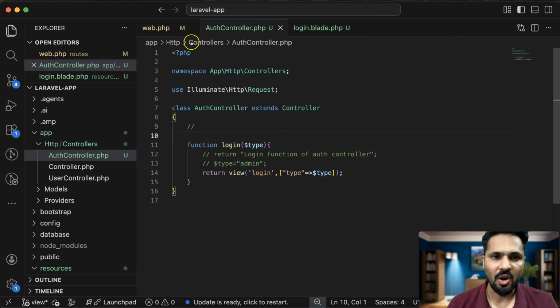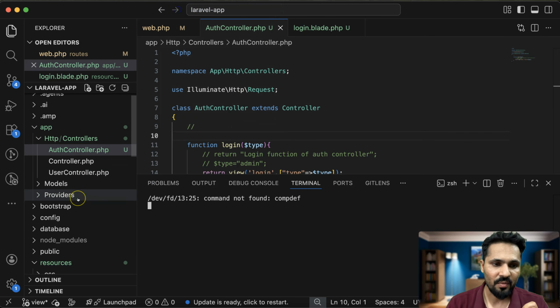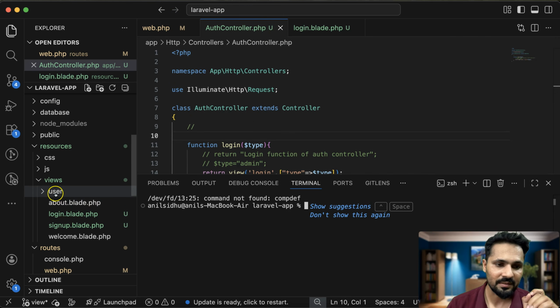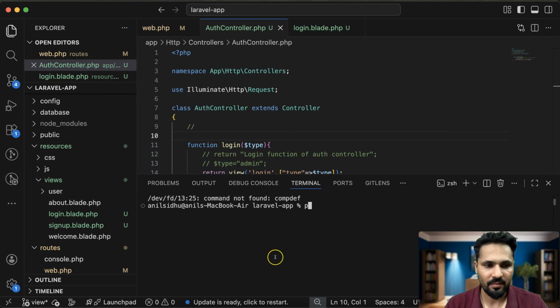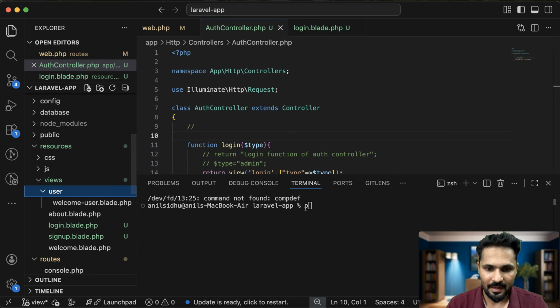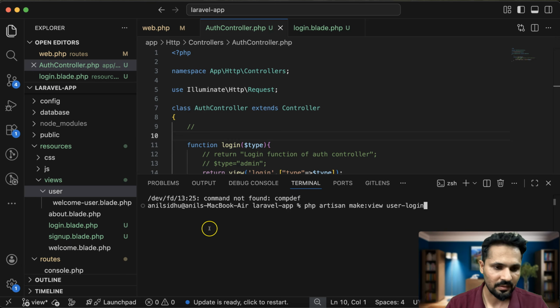Now the next thing is how we can create a nested view. Nested view means how we can create a view which is inside a folder. So for that, let's try, we already have a folder user, and if I just run php artisan make:view, and the view name is, let's say, user login, because this is inside the user folder. I want to create a view specifically for the user login, and if I enter, it will create this view